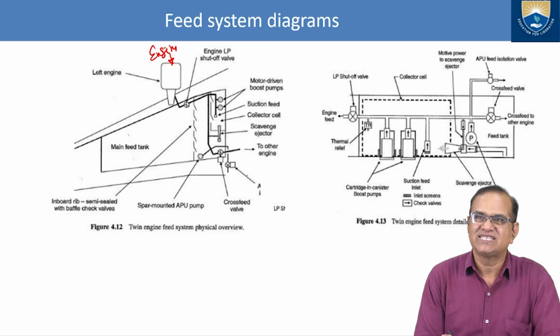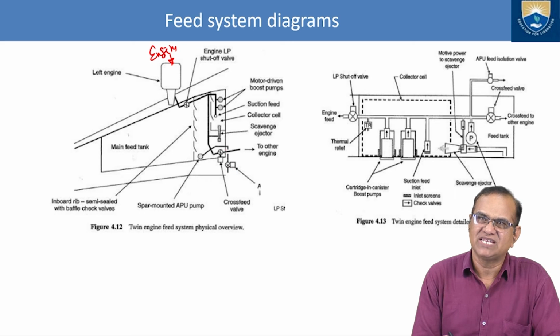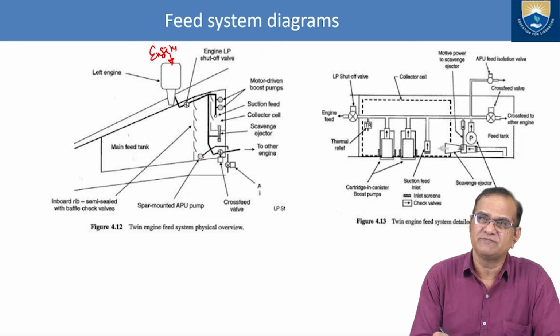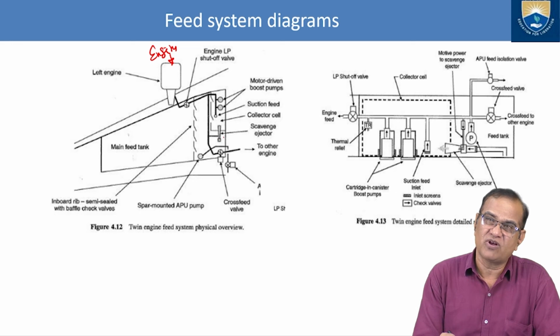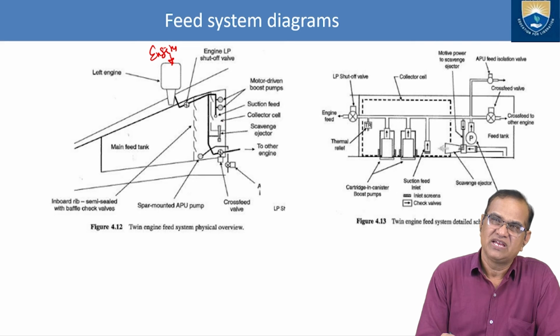Here we can see the low pressure pump, the booster pump, which is pressurizing to the other engine from here, and for this it will go here. We have the spar mounted APU pump here. Here we have the scavenging ejector. Just now I discussed that this ejector is used to take out the fuel from the corners. The collector cell is also here, which indicates